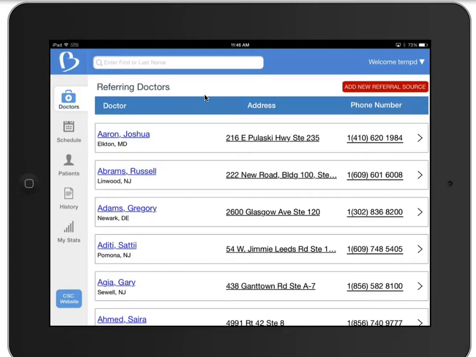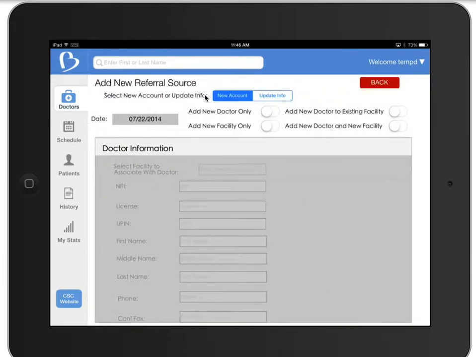Now, another feature of this section is the Add New Referral Source. And so previously, reps used to send in or fax in a paper form when they needed to add a new facility or a new doctor, and now we've gone electronic with this form. So you'll see here